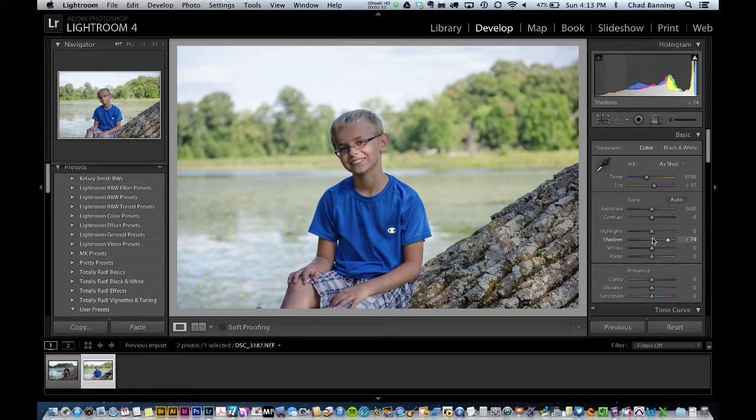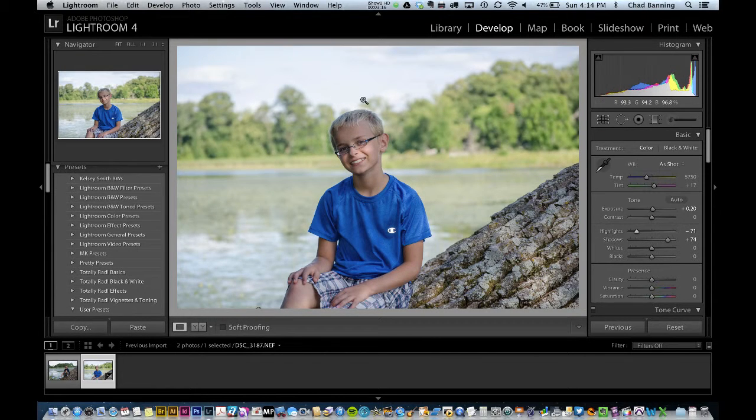And then we can maybe adjust the exposure a little bit, and then highlights are kind of bright,